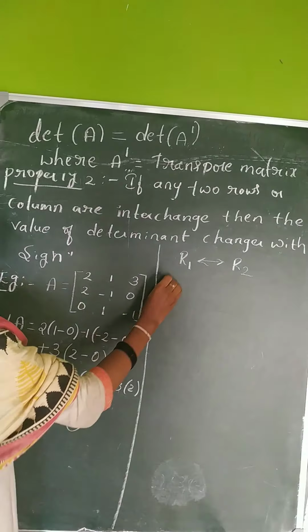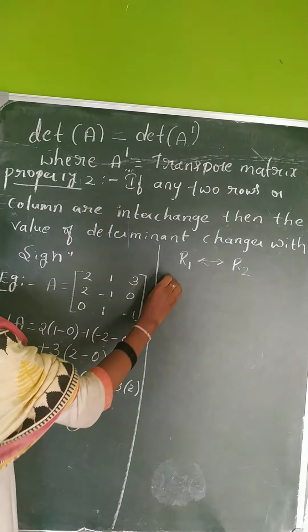So simplify this. 2 into minus 1 minus 3, both are negative. You need to add and write the answer with a negative sign. Hence this is minus 4. Next is plus 1 into this, which is minus 2. 0 into anything is 0, so the third term will vanish. So your minus 4 into 2 is minus 8. 1 into minus 2 is minus 2. Both are negative. Add it and write the answer with a negative sign. Therefore minus 8 minus 2 is minus 10. Call it equation 2.